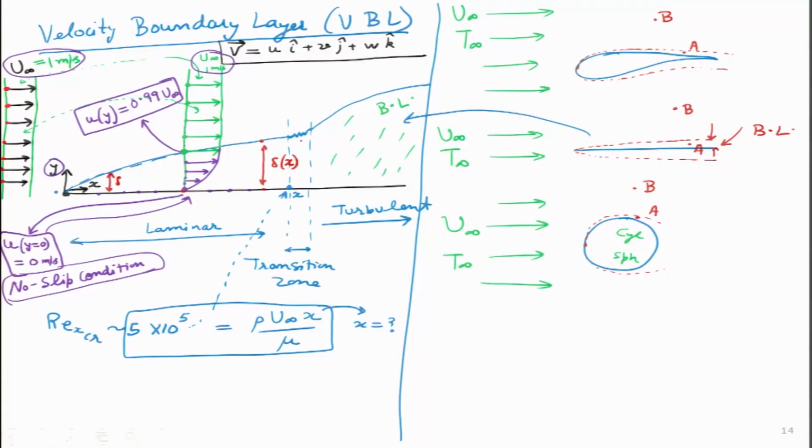So, you can see the locus of all those points at all x positions, the point at which the velocity has become equal to 99% of u infinity. If we join them, then we get this particular blue line over here. This is the boundary layer, because if we see it in 2 dimensions, then it would be a surface. So, that is the layer that we are seeing over here.